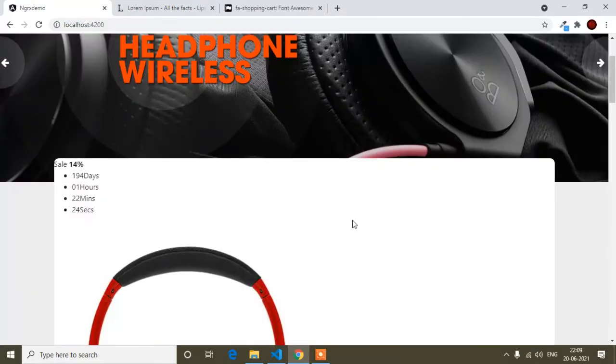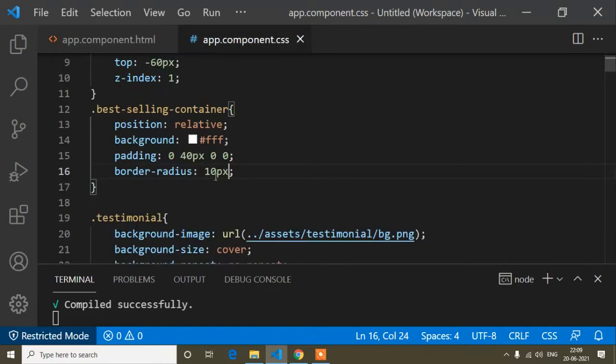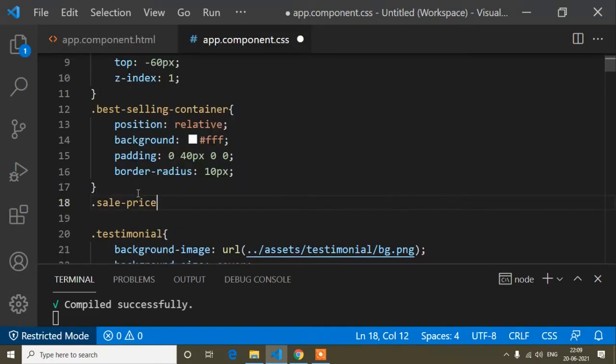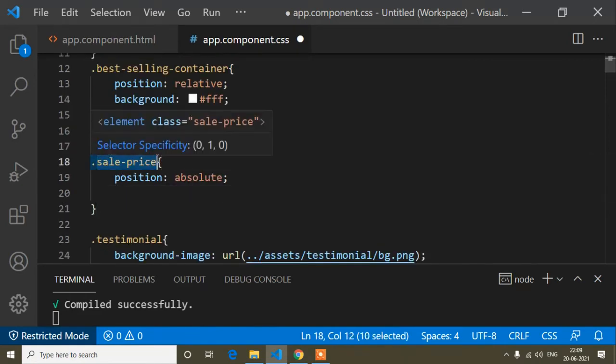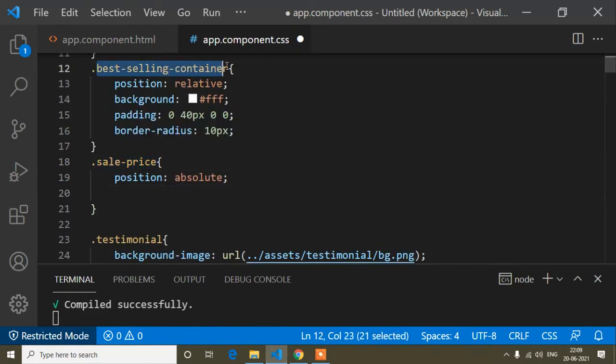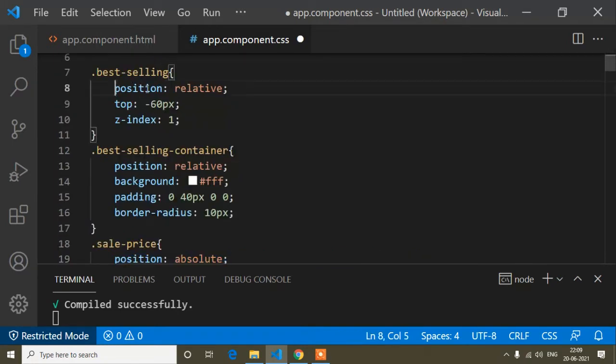Okay, so now you can see it's added more space if I add container, so now it's looking perfect. And now the next one, that is sale price, so I will copy and just here I will paste, and I will write the CSS for this one. So this one is position absolute, so this sale price I will use floated, and where it will be floated, just on this tip. So that's why I have written position relative, and this one is position absolute, because if you want to float any div, you can write position relative or absolute.